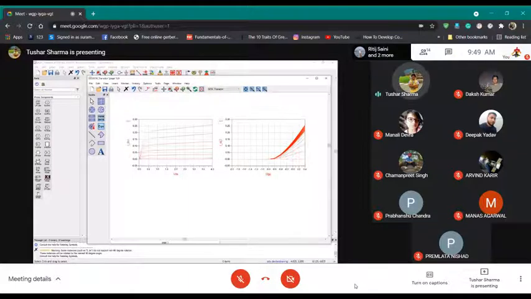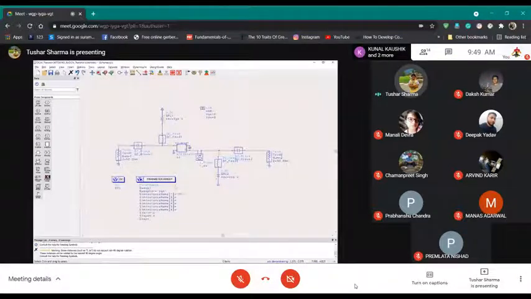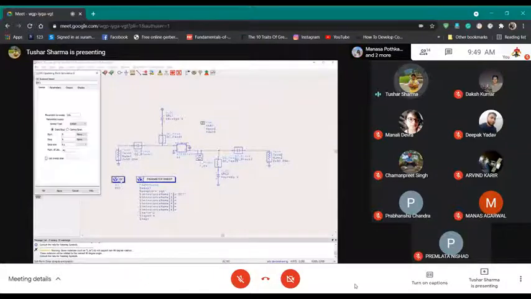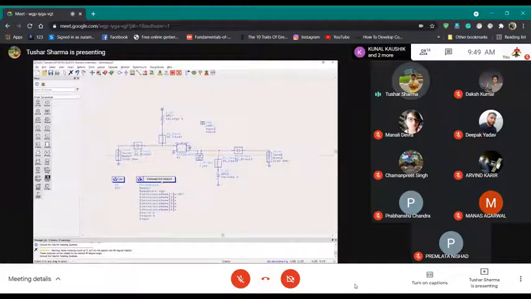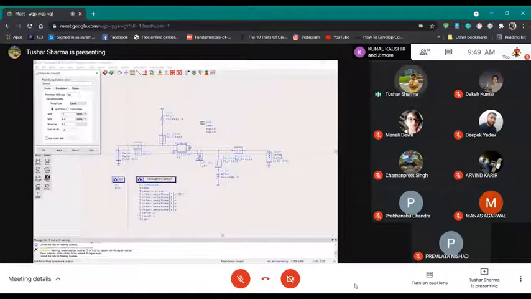Let me go back in case you haven't got it. What we are doing in DC is giving the VDS sweep. Because our objective is that for every VDS we want to sweep VGS, we give a parametric sweep, where we are sweeping VGS.